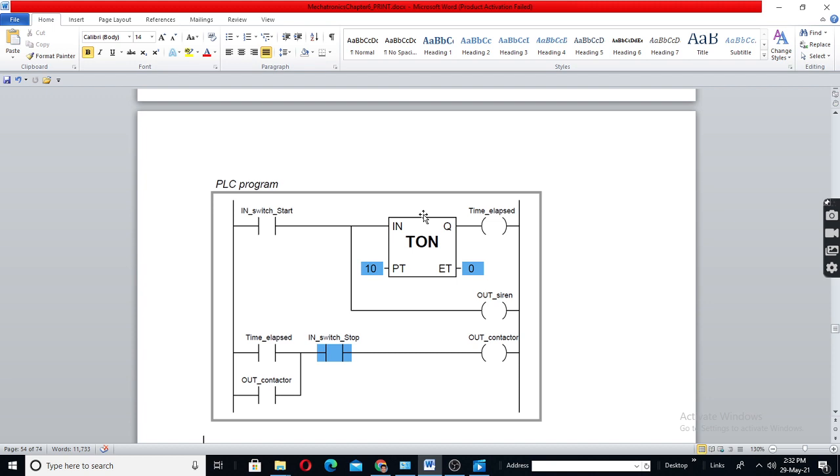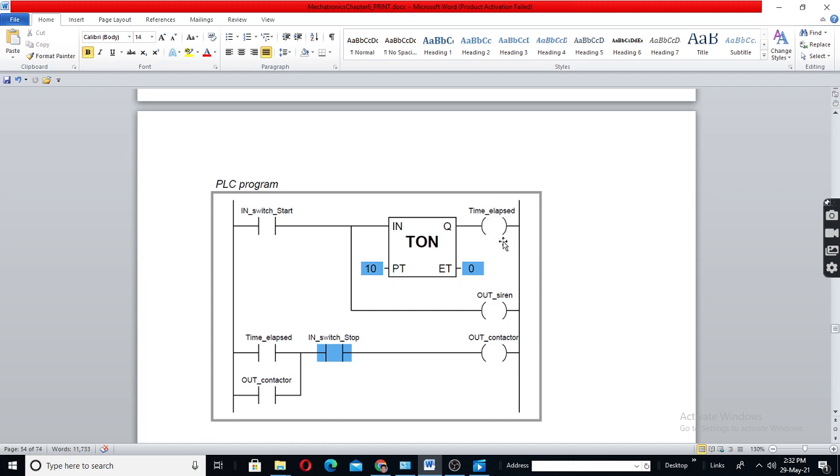So this is a timer, on timer. T on means on timer. Suppose you set it for 10 seconds. Now you close this switch. As you close this, the siren will be on. And after 10 seconds, this also will be on.